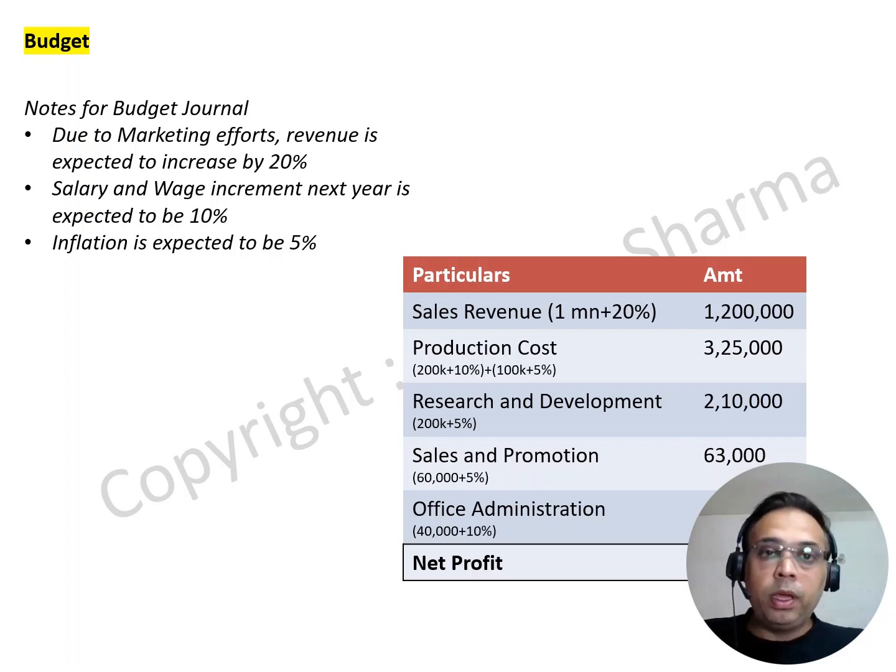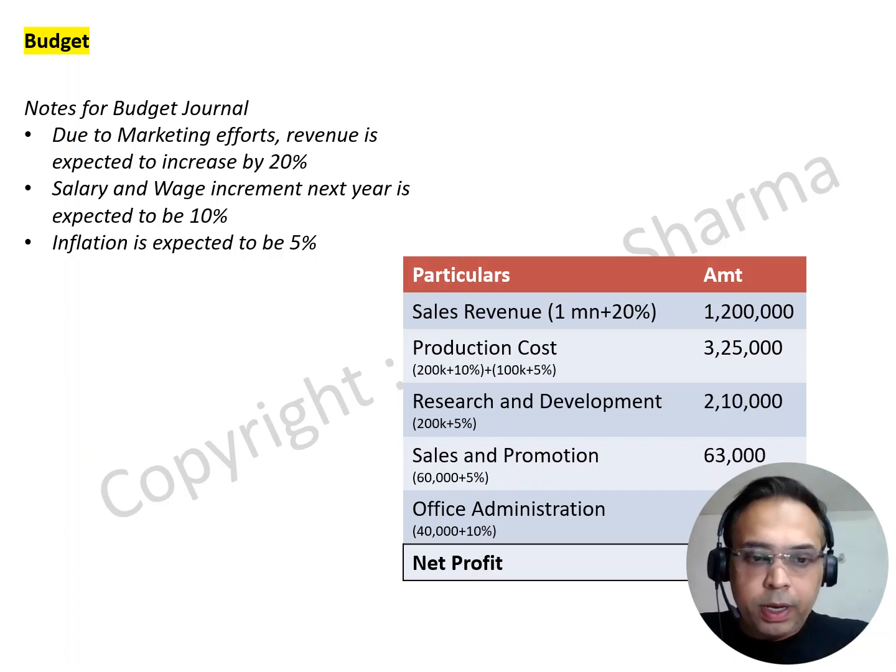Research and development, assuming that salary for research and development is included in office administration only. So for research and development, I've only included the material, whatever equipment I need for research and development and all the other essential stuff. Inflation would be applied there. So at 200,000, I'll again give the inflation rise, which is 5%, and I'll end up with a budgeted amount of 210,000. Sales and promotion, again, assuming that salary is included in office administration. So this is just the material, or any other vendor payment that I'm making for sales and promotion, I'll include the inflation